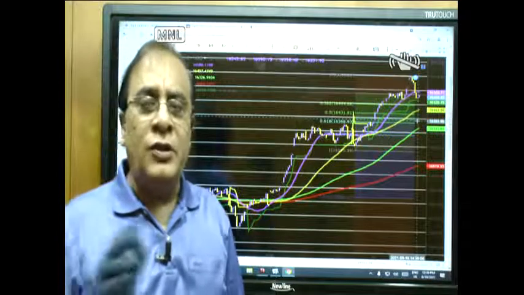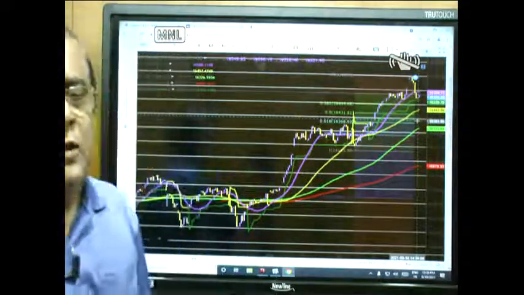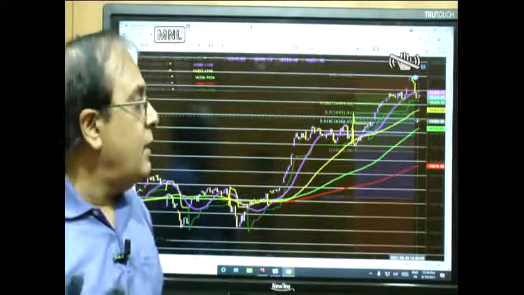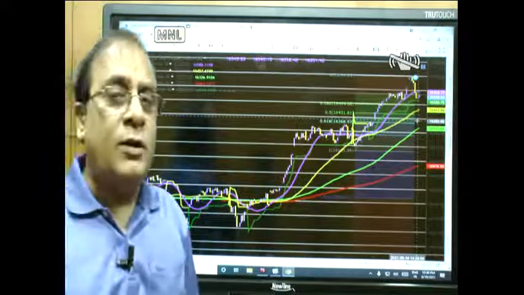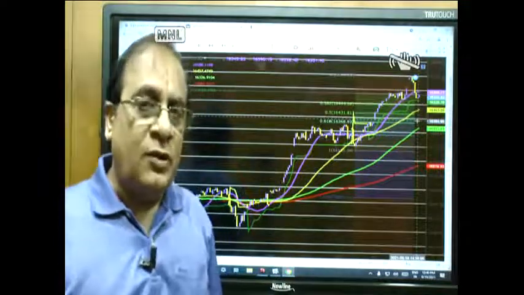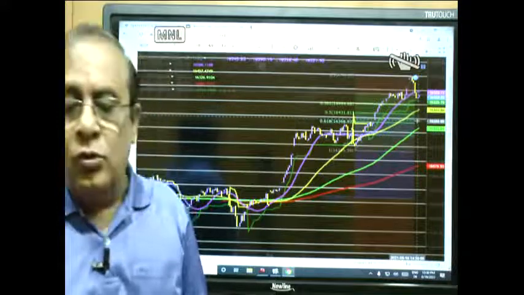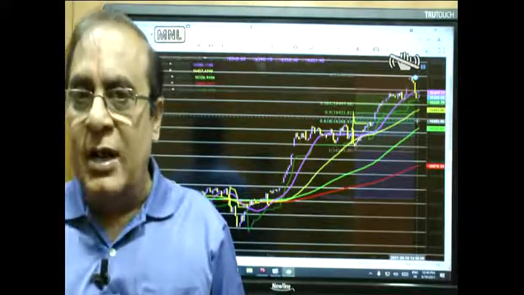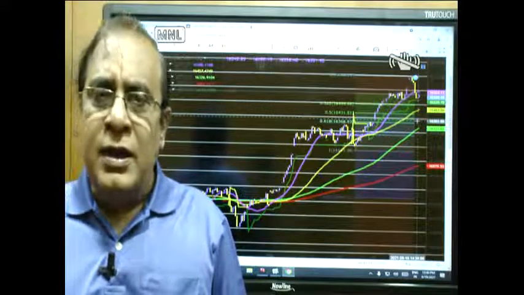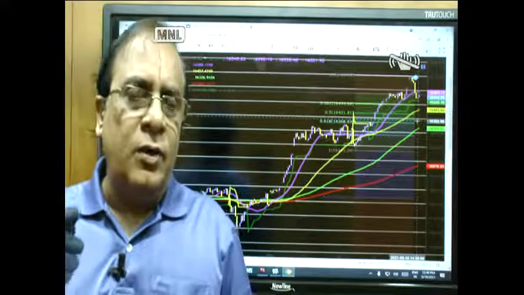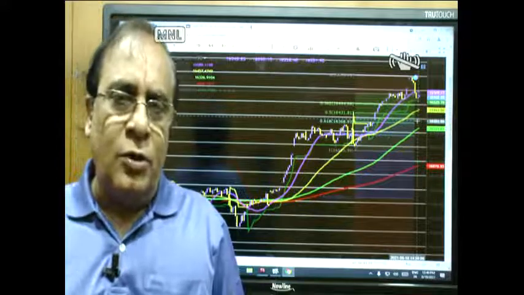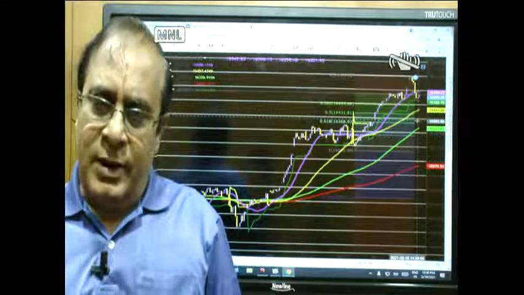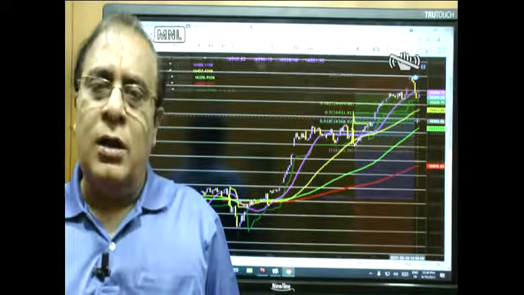You put a stop loss at this place and wait for a further fall, and then look at how it's going to rally. Probably the 16,350 could be a very important place from where the next rally can take place. So that is as far as the trader stop loss is concerned. Profit target, I have told you, if you are an intraday trader, all those things we are going to look at next week. But if you are going to be a trader looking for